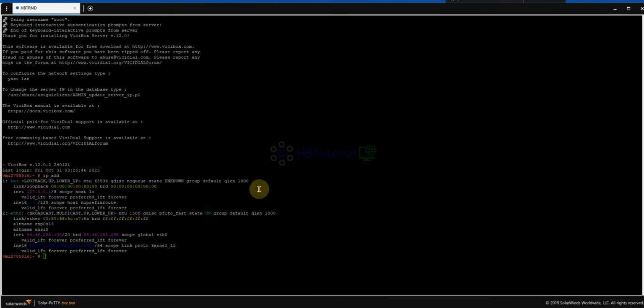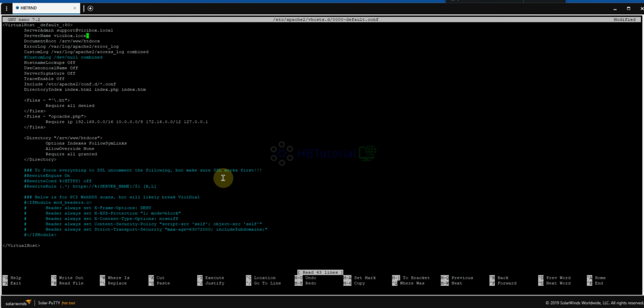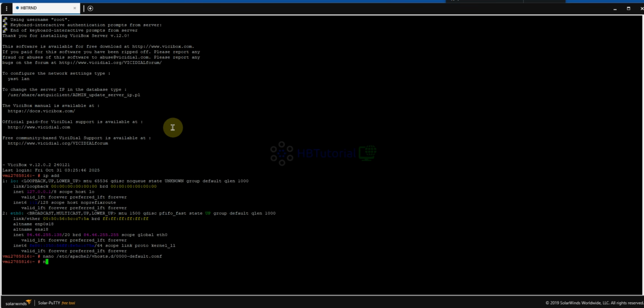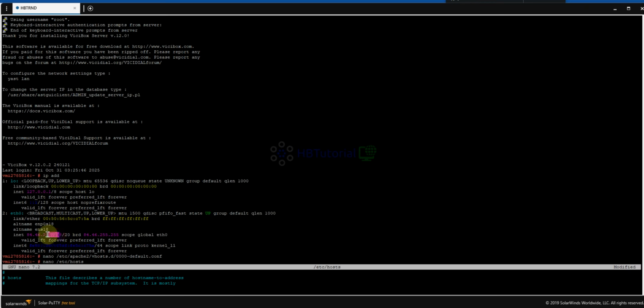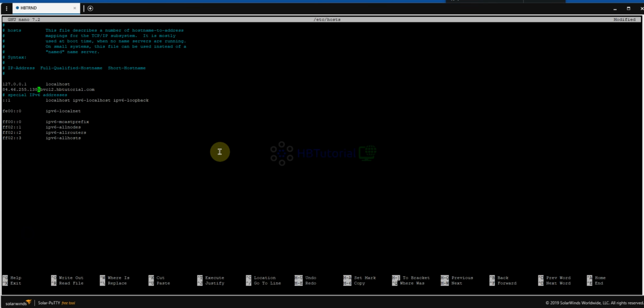I'm going to configure it here. You can get to nano slash apache vhost 000-default.conf. You can replace the local with your domain. And then with nano, you can use slash etc/hosts. You can replace localhost, or you can put your domain and your server IP.